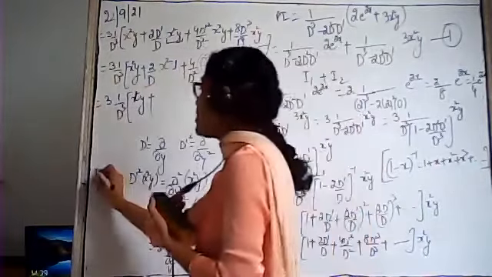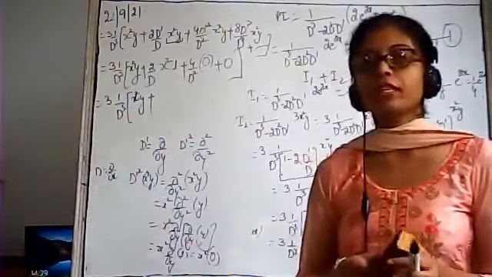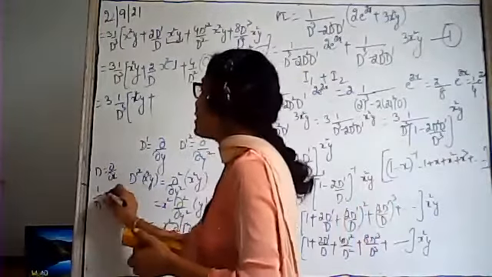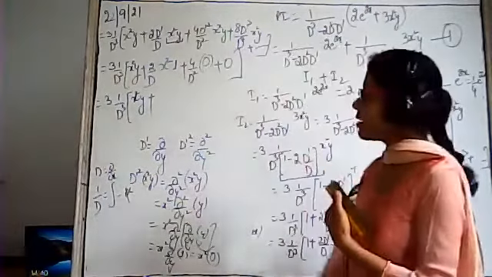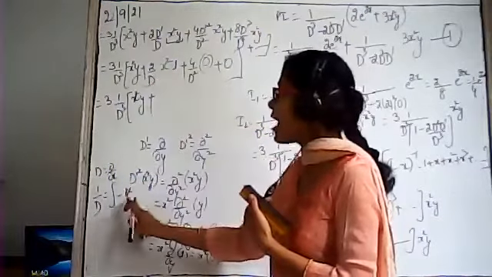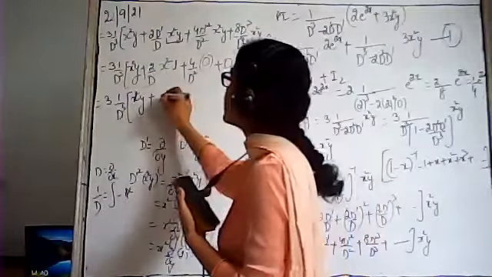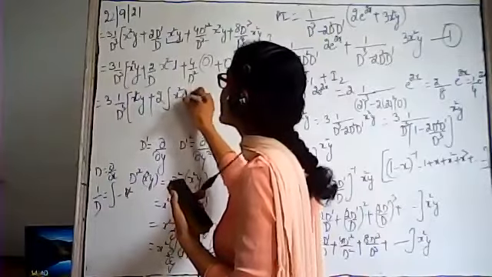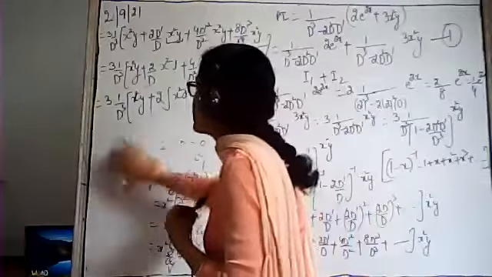Now d means curly by curly x. You know, differentiation and integration are reciprocal of each other. So if d means curly by curly x, so what does 1 upon d mean? It means integration of the function with respect to x. ठीक है बेटा, d means curly by curly x. Now we have 1 upon d. 1 upon d means we have to integrate the function with respect to x. So integrating x square with respect to x, this 2 will remain as it is. 1 upon d means integration of x square with respect to x. After that, all the terms are 0. So this is equals to